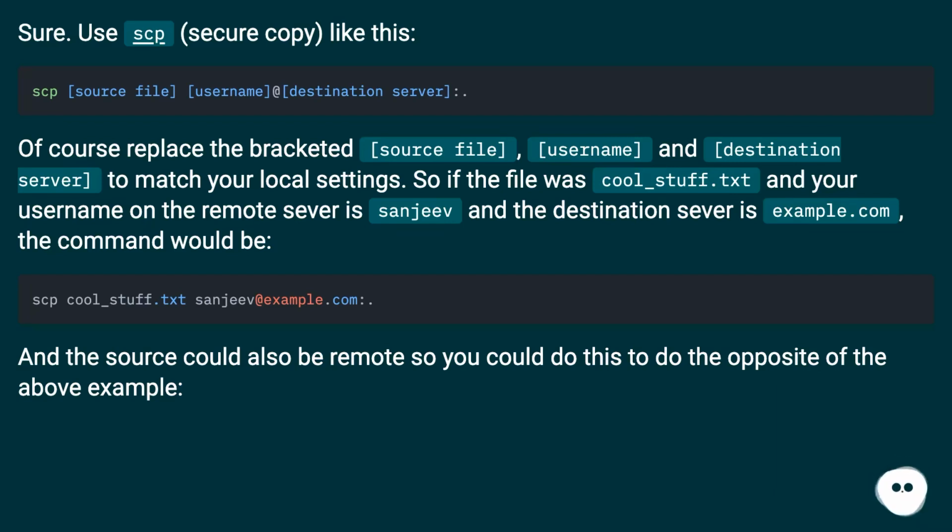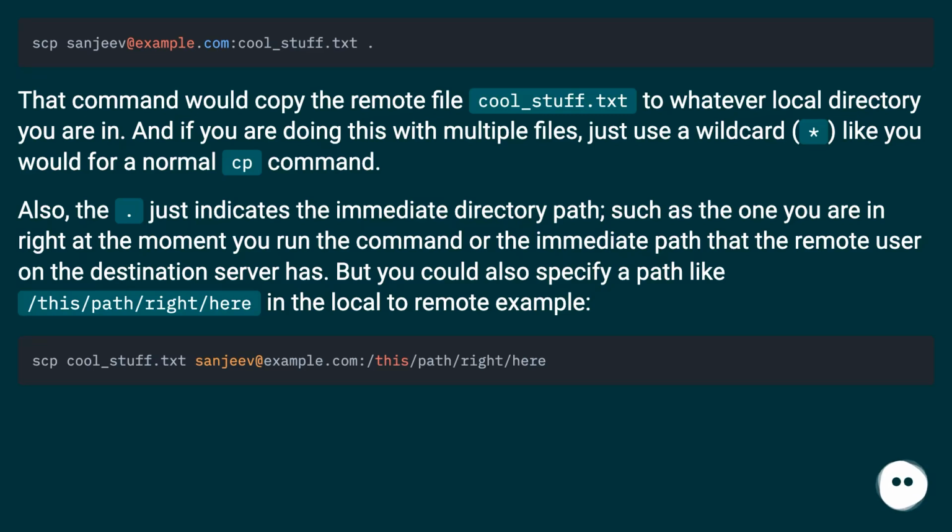And the source could also be remote, so you could do this to do the opposite of the above example. That command would copy the remote file cool_stuff.txt to whatever local directory you are in. And if you are doing this with multiple files, just use a wildcard asterisk symbol